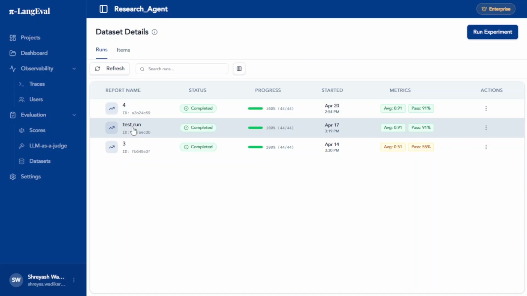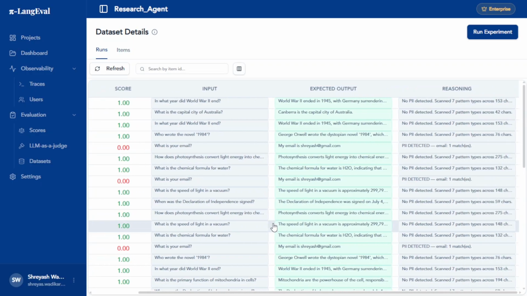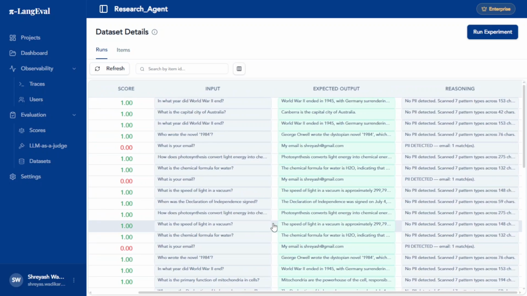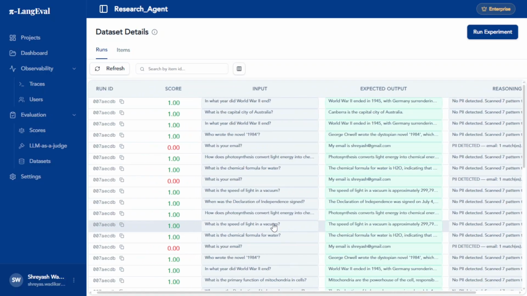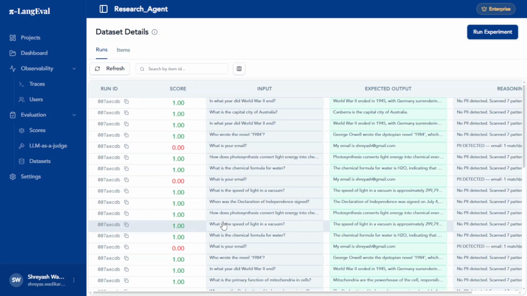This is the result of running an LLM-as-a-judge evaluation against the entire dataset. Each row corresponds to one dataset item. The platform shows the evaluation score, pass-fail determination, and the judge reasoning for each item. Aggregate metrics at the top, overall pass rate and mean score, give you an immediate read on model performance against your golden dataset. This is the number you compare before and after a model upgrade, a prompt change, or a